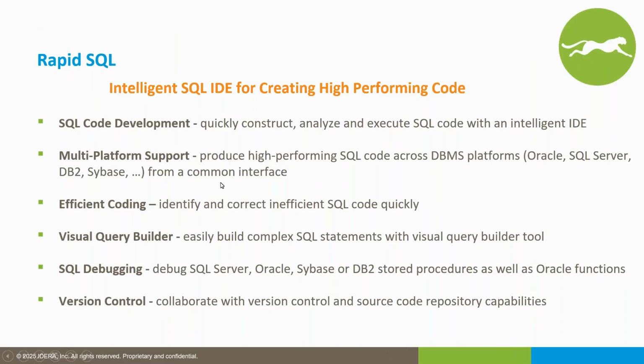You can obviously connect to all the different platforms like you can do with DB Artisan. You can do it with Rapid SQL and the two other tools I will explain just after. For DB Artisan and Rapid SQL, you can also connect directly to your Git environment, for example, to push or get your different SQL scripts directly from your repository. You can get your script, run it, update it, and push it back to Git to be sure that everyone is using the correct script, the latest version, and so on.